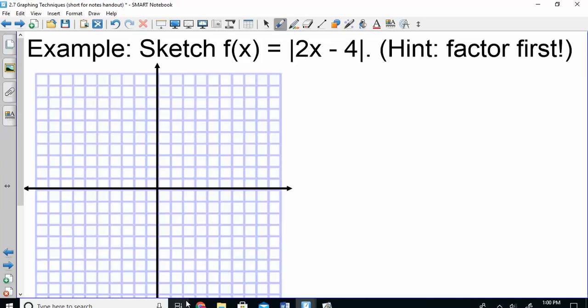If we first factor it, what could I pull out of there? Okay, can I take that outside the absolute value? What is the absolute value of 2? 2. So could I go ahead and just pull it all the way out then? And then that would leave me with an x minus 2. So then this 2 on the outside is outside, so now it's a vertical stretch. And this 2 on the inside would move it